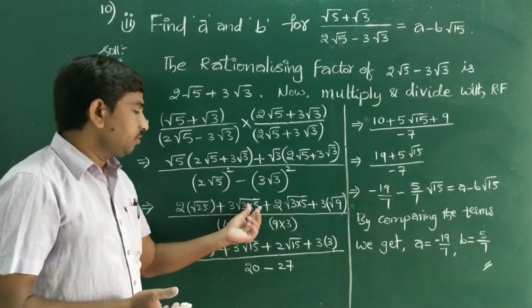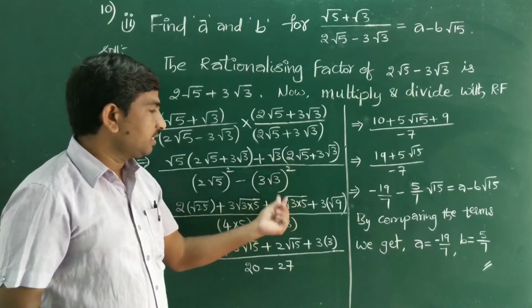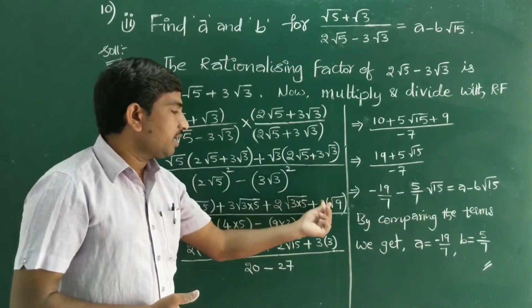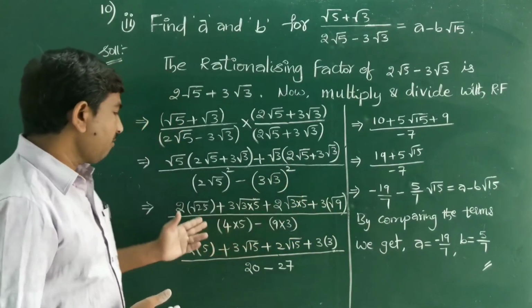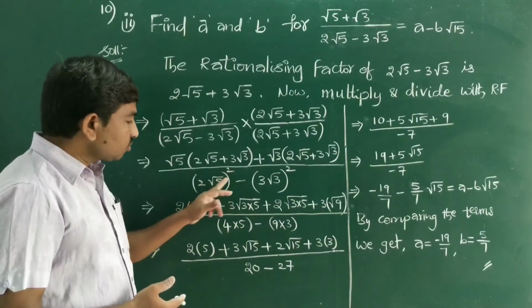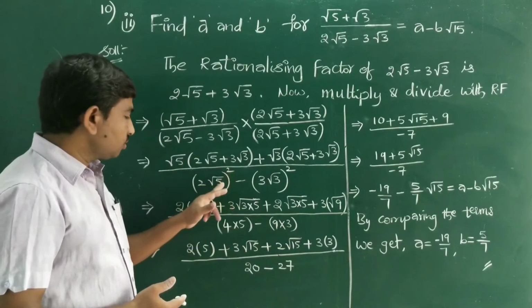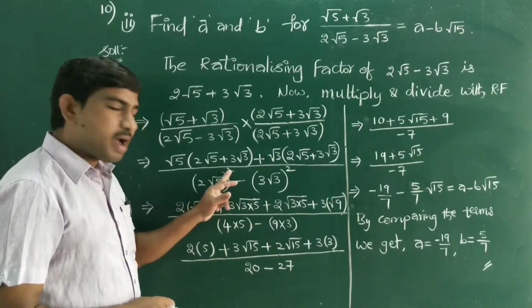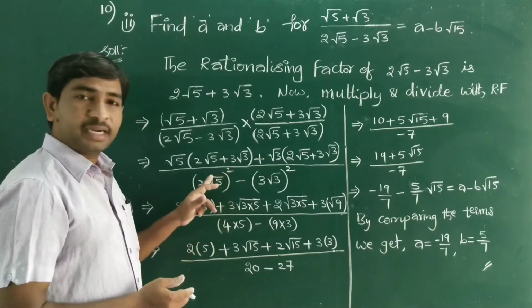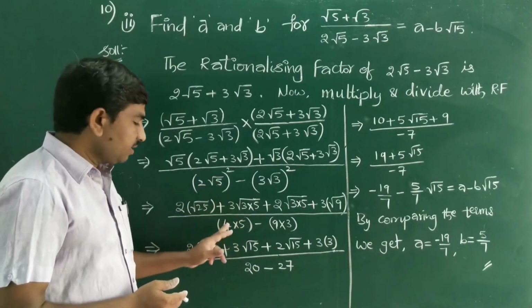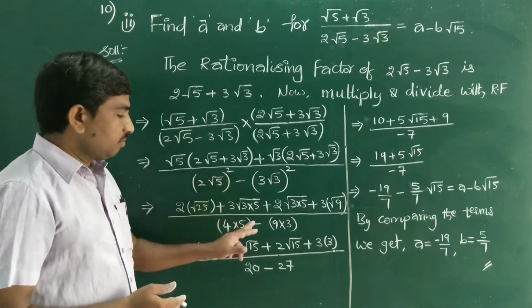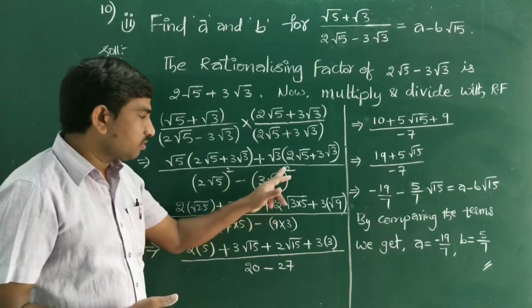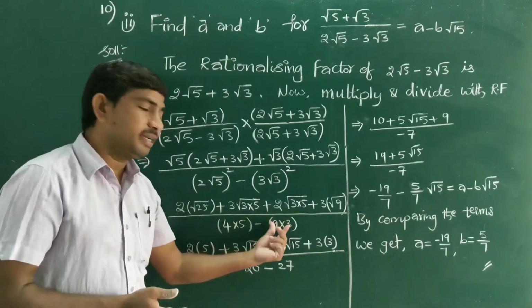So root of 3 into 5 you can write, plus now 2 as this root 3 into root 5, written as the single term root of 3 into 5, plus 3 as this root 3 into root 3, root 9. By see, 2 square: this square belongs to the total term, means 2 square means 4, and root 5 whole square means square and root get cancelled, so remaining only 5. So finally 4 into 5 is the term, minus, and here 3 square is 9, and root 3 whole square means square will get cancelled, only 3 will be left, and 9 into 3.